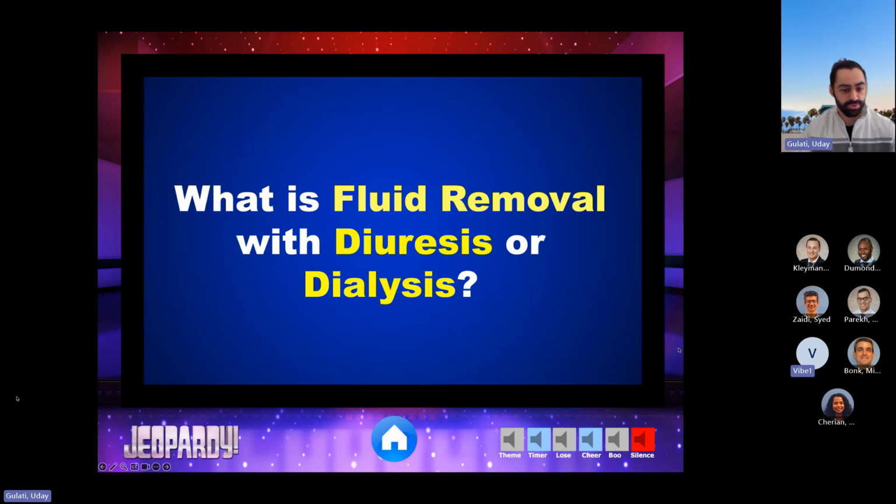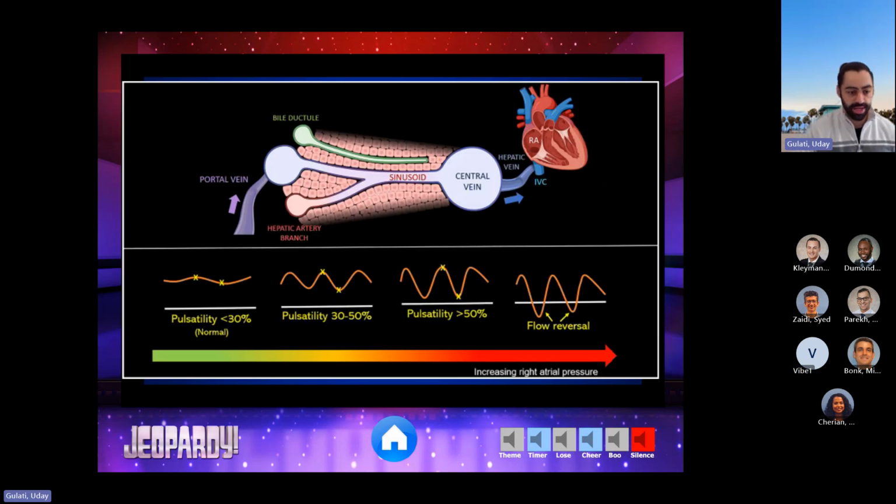All right, so we have fluid removal with either diuresis or dialysis, right? So what you're seeing is portal vein Doppler, and normally it should be flat. You shouldn't see any congestion. The amount of pulsatility you'll see in your vein, even if you're next to an artery, should only be about 30%. But if the vein is severely congested, meaning backflow from the atrium because of the amount of volume